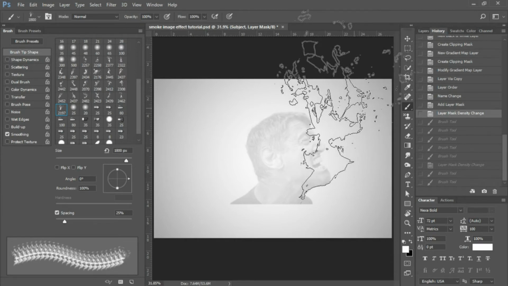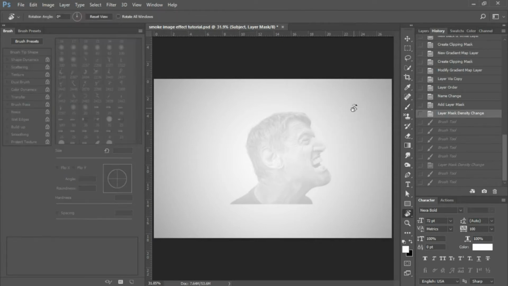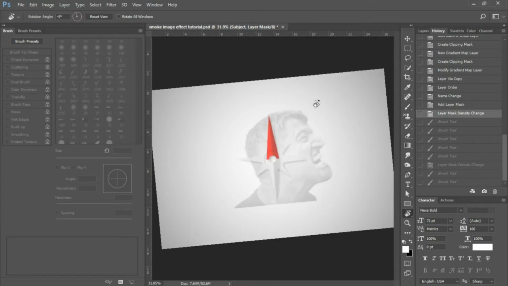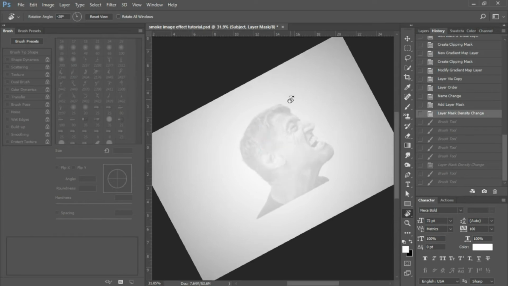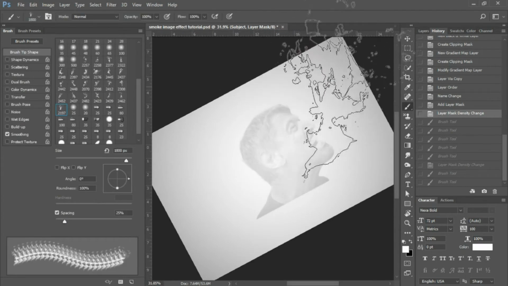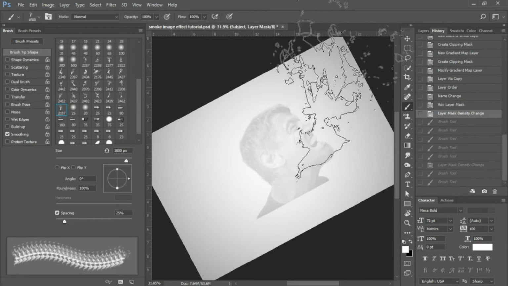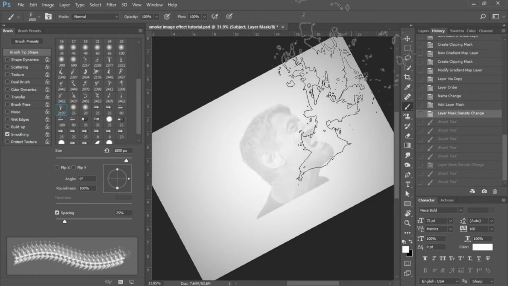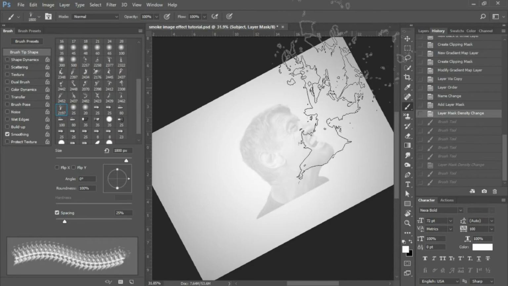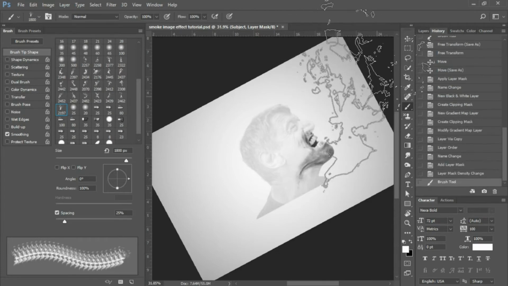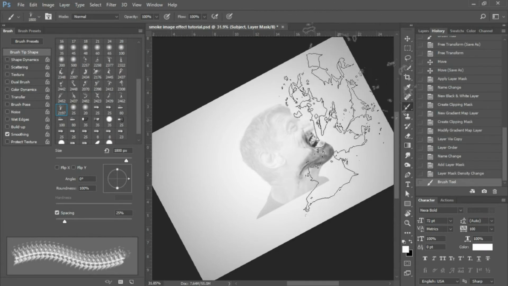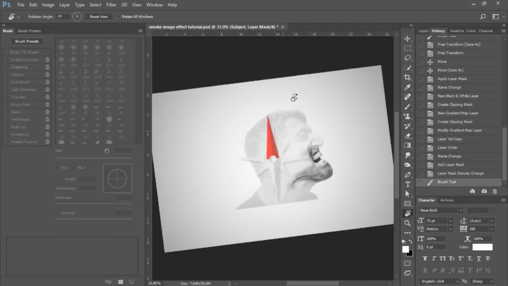I'm going to rotate the image, so I'll press R on my keyboard to bring up my rotate tool, and I'm going to rotate to the left. B to bring up your brush, and this looks good right about here. I'll click once, R on my keyboard to rotate the opposite direction,